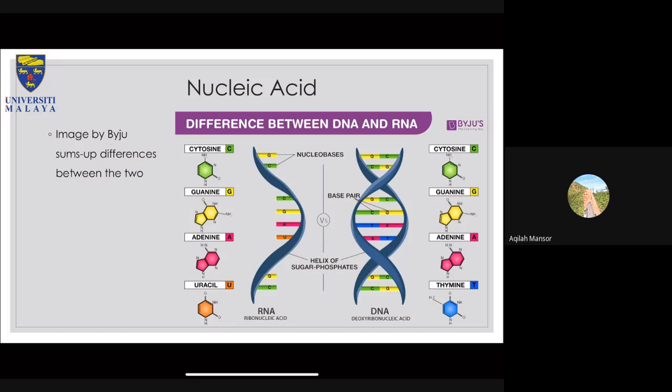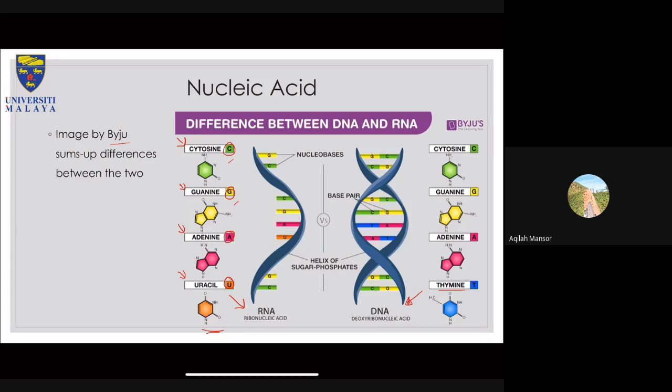So it's shown here. You have a cytosine, that's guanine, and of course, previously I just put in the first letter, okay, like that. So this time around, you can actually see how they are spelled out. It doesn't mean that you have to memorize, no, but it's good to just know how to spell that. And then you can always see here again, uracil is for RNA only, while thymine is for DNA.